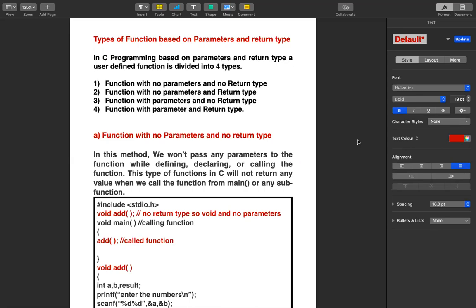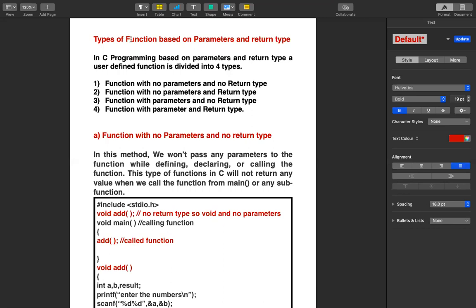According to the need, the user can write the program using these different types of functions. So first, let us see one by one what these different types are, and how we can write the functions.